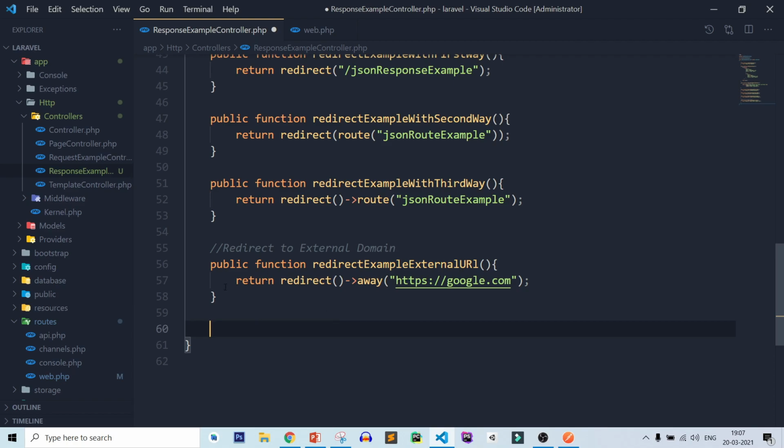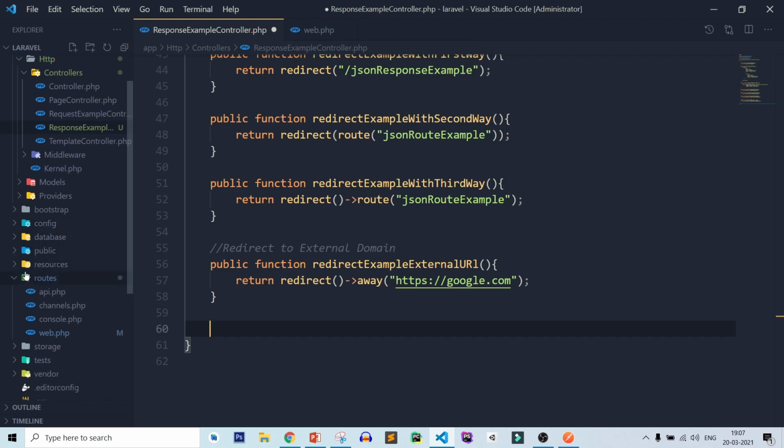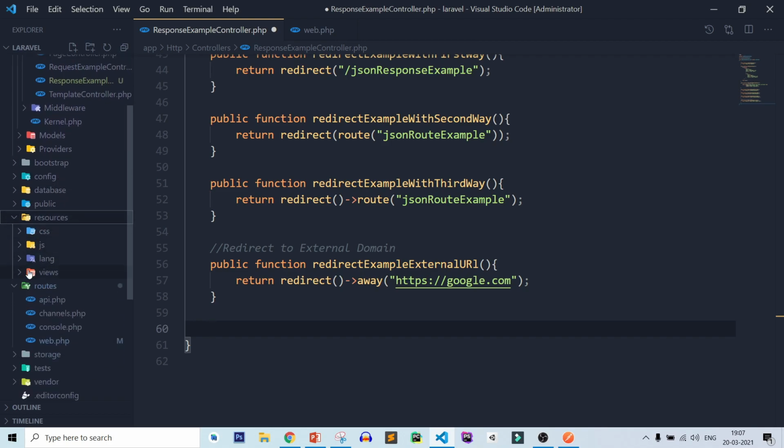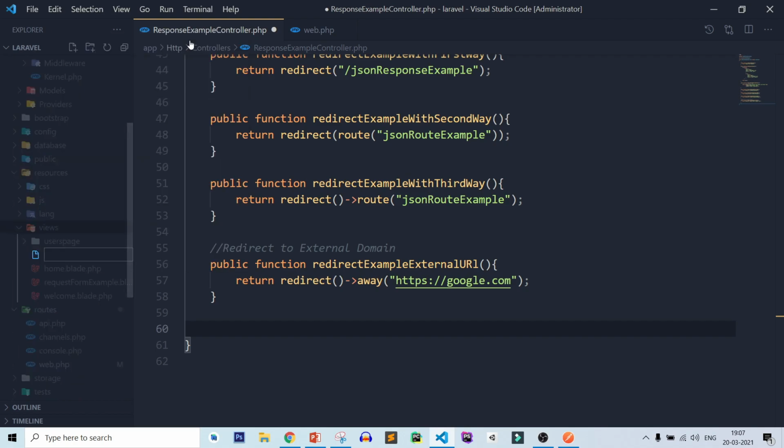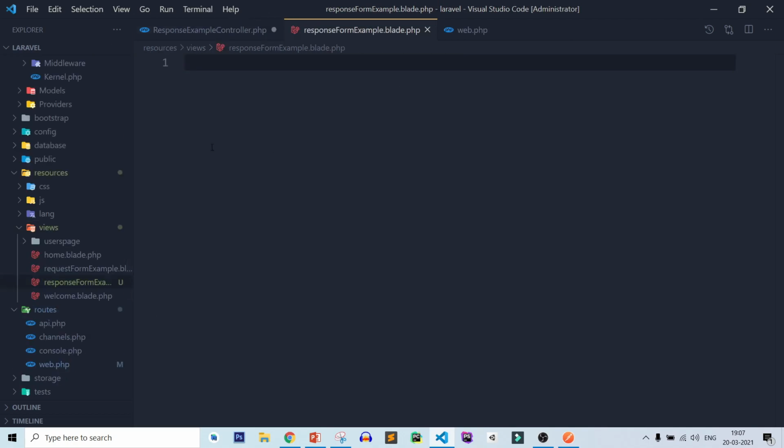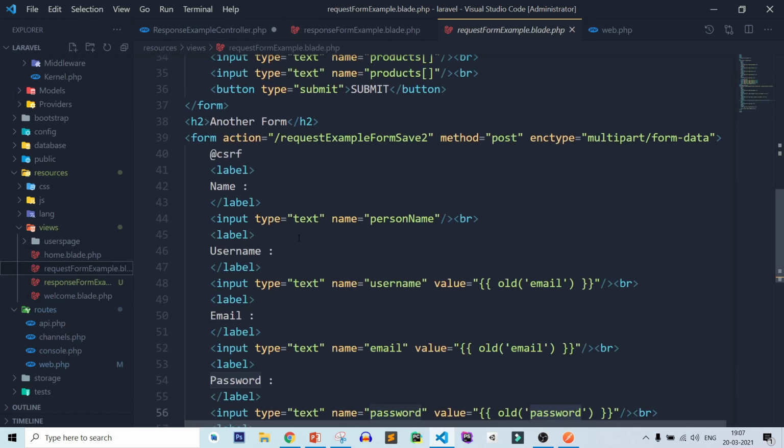So let's see. For this, let's create a resource file of use. So use new file, response form example dot blade dot php. Now here let's create a form. So for this I'm using a request form example.